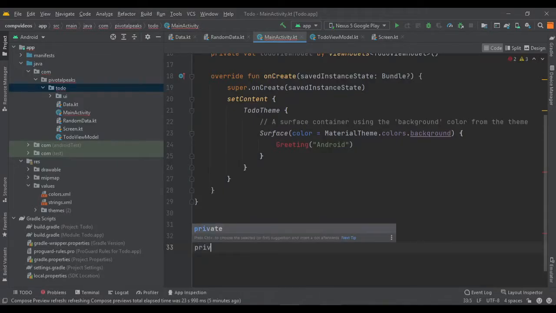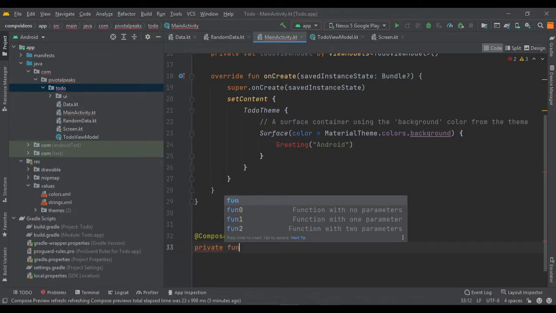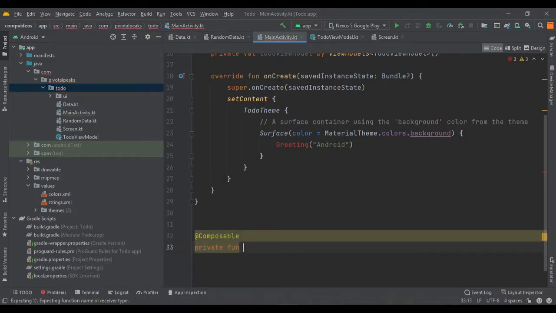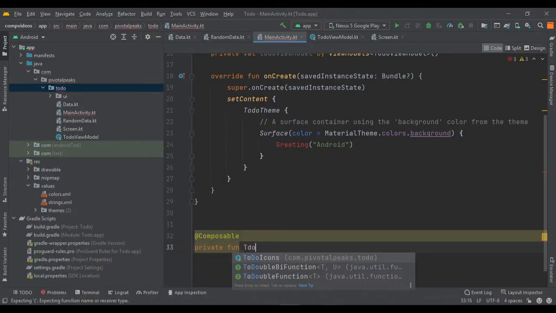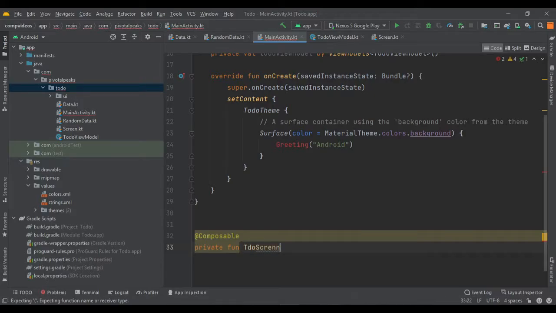Let's make it a private function, ToDoScreenActivity, and we need to pass some parameters.